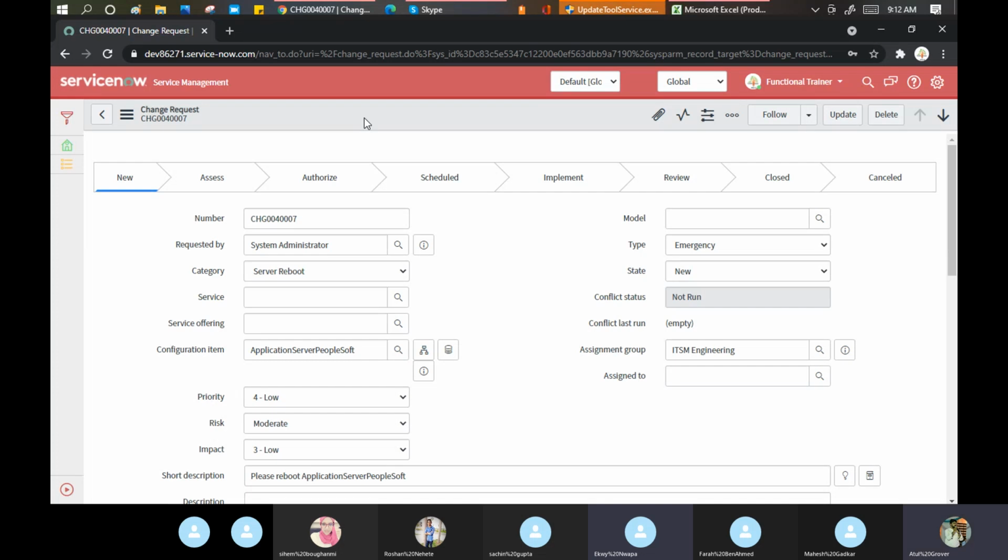Yes. So the point here is that when I ask any question to you guys, before you say I have no idea, I don't know, try to put some wild guesses, because when you are working as a functional consultant, a consulting guy, a pre-sales guy, there are a lot of questions with ServiceNow that customers put in front of you. You cannot say, okay, I will check with my technical team and update you. Then why are you here?